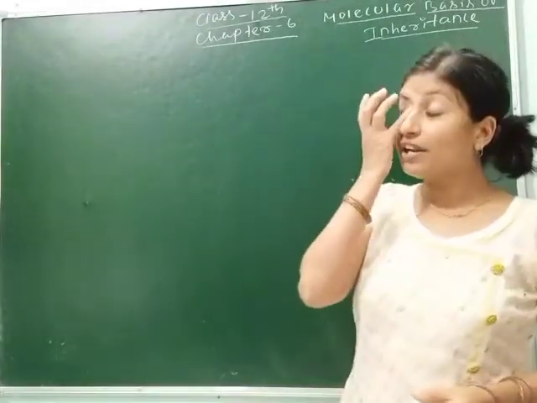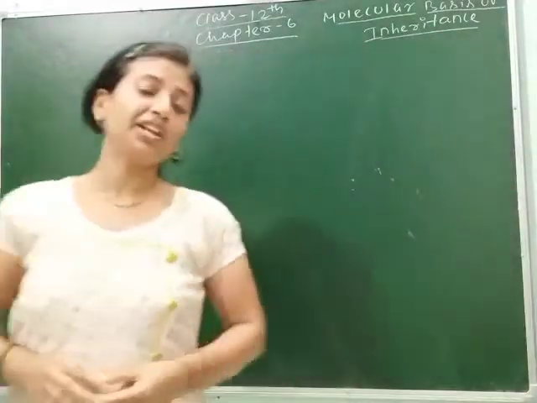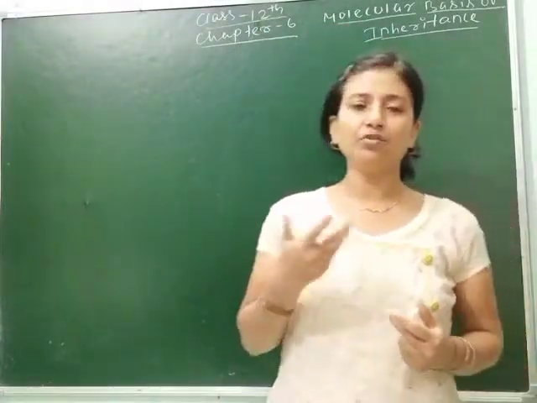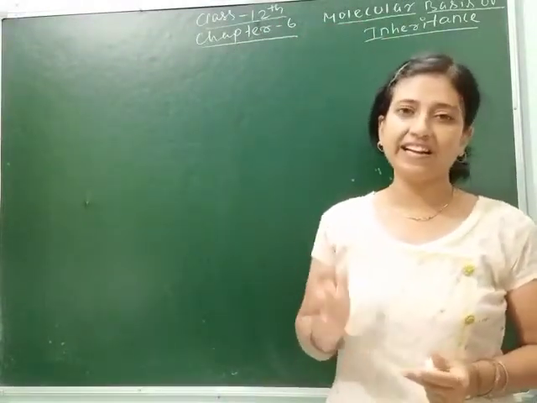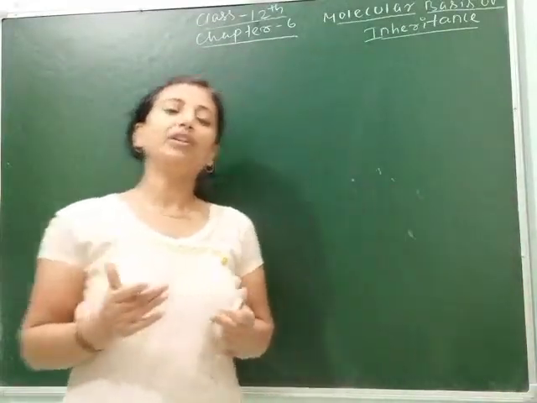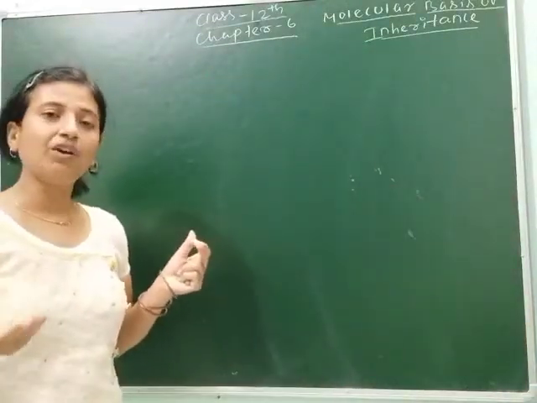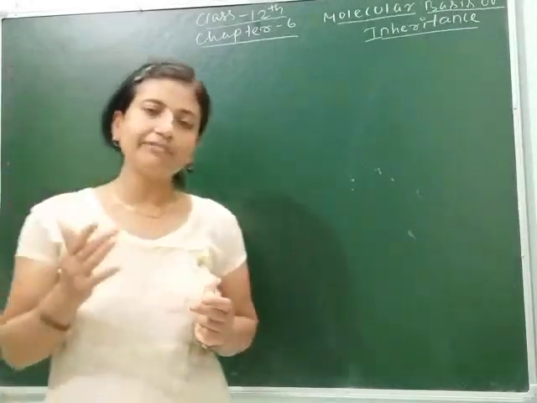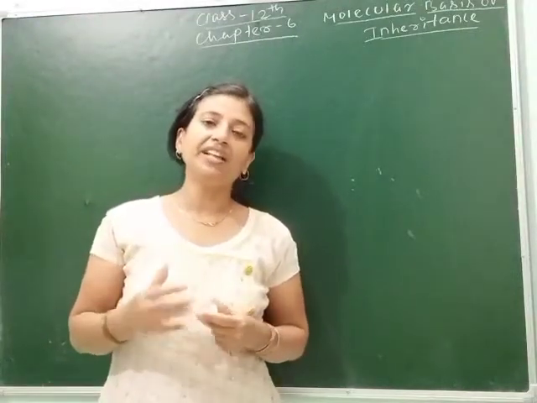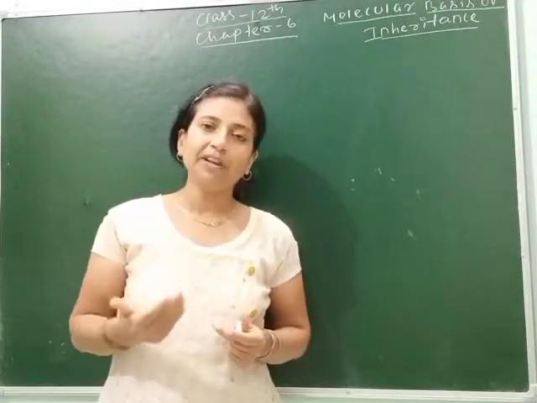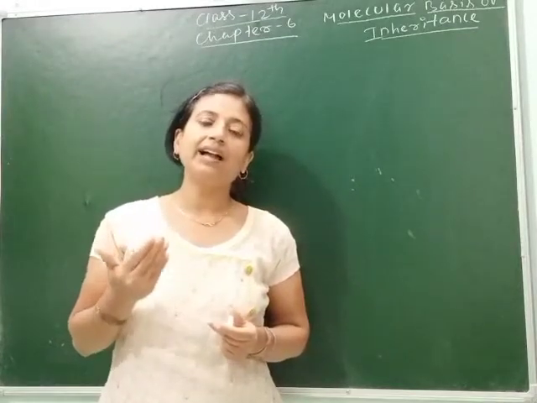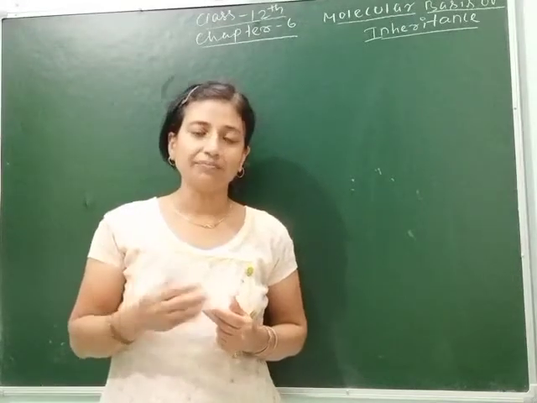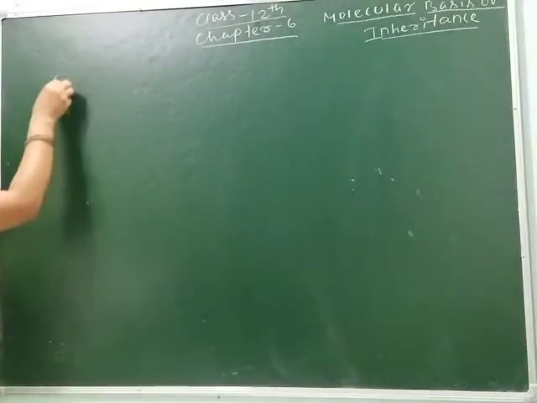So students, let's continue with chapter 6 of class 12, that is molecular basis of inheritance. As we know, many scientists came to know whether the genetic material is DNA or RNA, which we have studied. Then we learned about the RNA world, in which RNA is different from DNA. Today we will study semi-conservative DNA replication, by the experiment given by Matthew Meselson and Franklin Stahl. So let's understand the experimental proof.